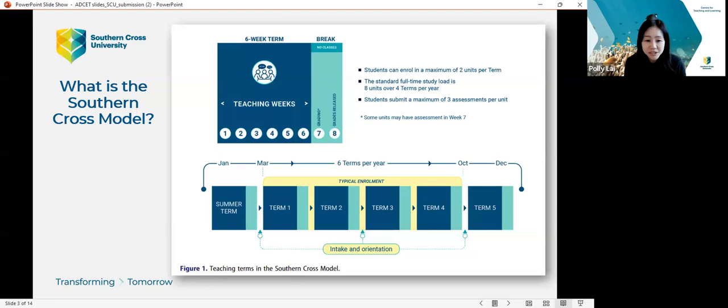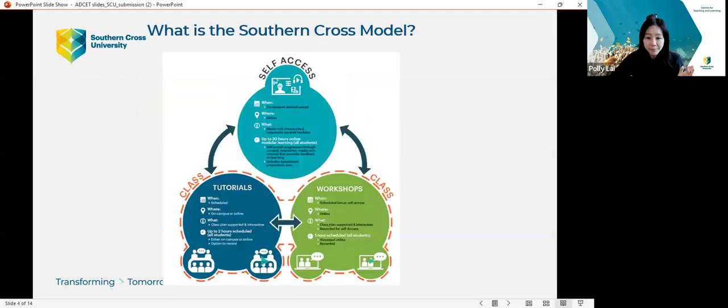So we provide students this kind of flexibility to choose in which term they would like to enroll in 2 units and in which term they would like to enroll in 1 unit. In general, a majority of students will start from term 1 or term 3 and then continue through the following terms. In this 6-week term system, each unit has 3 components,